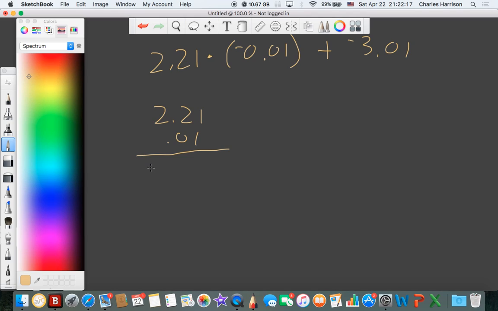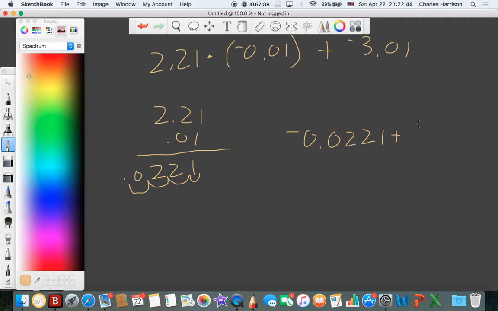So that turns into 2, 2, 1, and then we have 1, 2, 3, 4 decimal places. So we need to move back 1, 2, 3, and 4. So really what we have is a negative 0.0221, that's more proper right there. So it's negative that plus